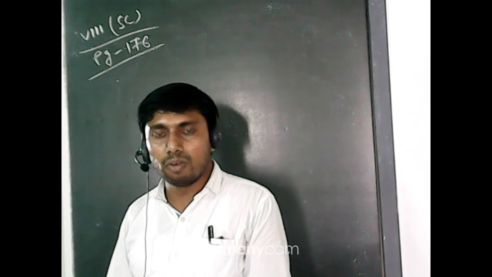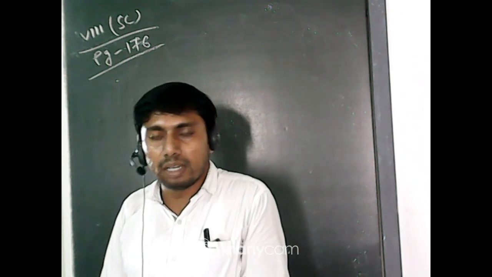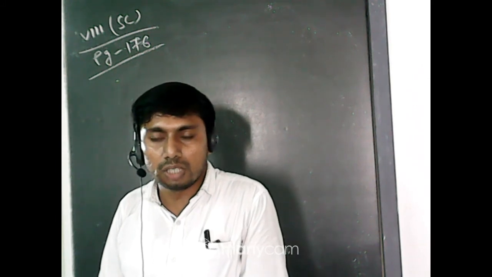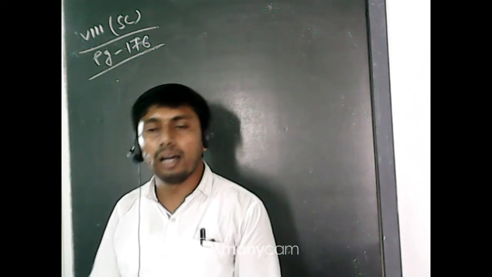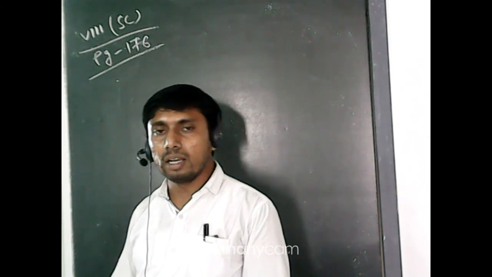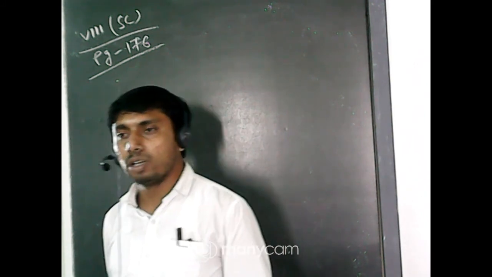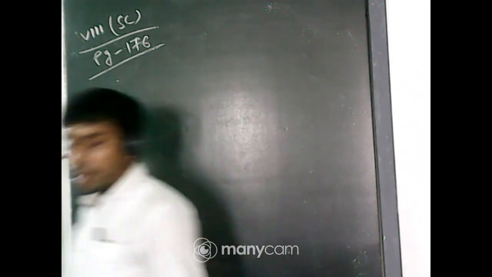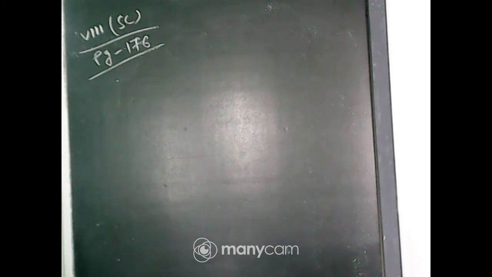It is found that the magnetic needle is deflected because there are some minerals present in the solution form, which helps the electricity pass through the solution, that is, the cut section of the potato. So here you can see the deflection in the magnetic needle. Now you will study that.